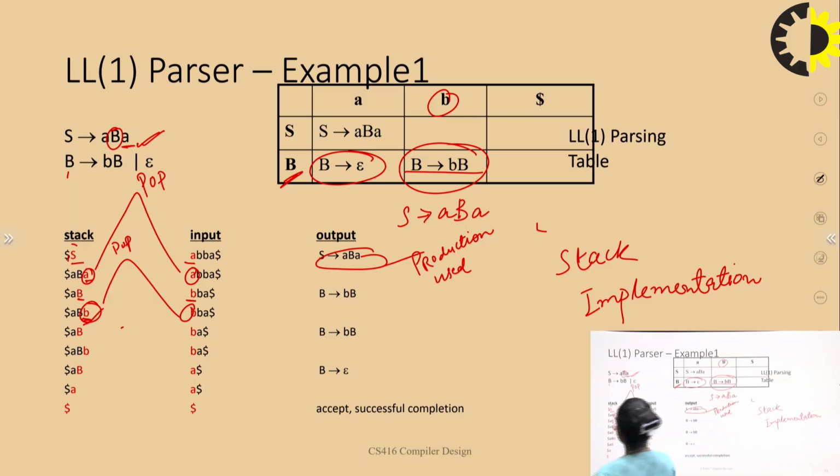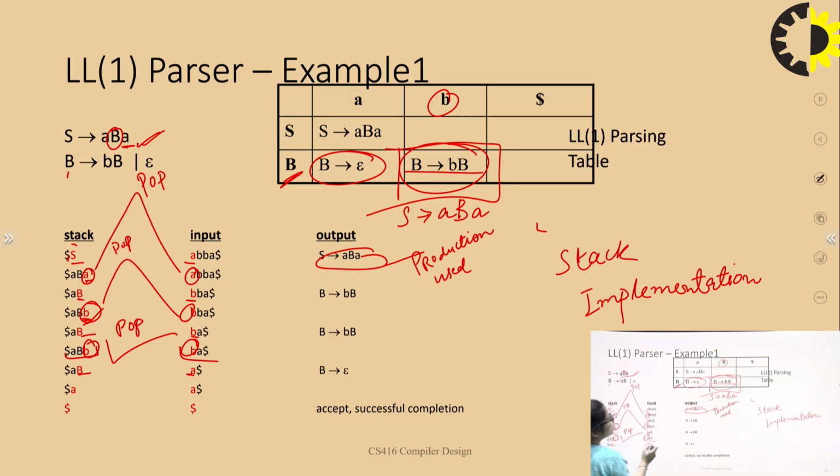Now again capital B and small b are there, we need to compare again, and again we use this production. This production is here and this production is here. Again this b is similar, we need to pop this, next B and A. If I am talking about B and A, this production is used. B derives epsilon, right? So here B is replaced by epsilon.